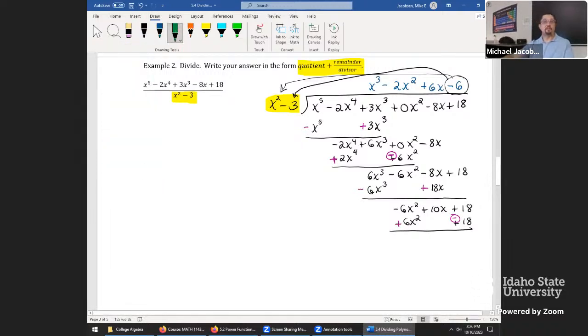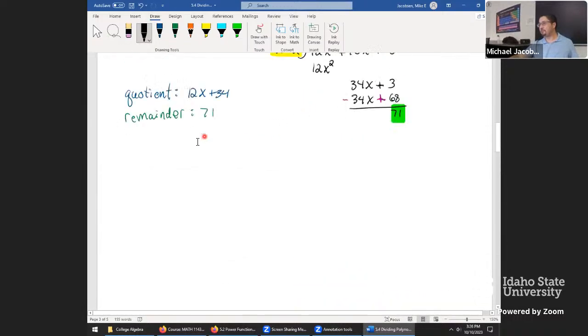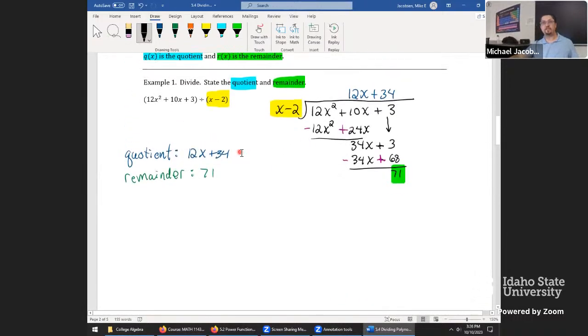Now, once we tally, we have a remainder of, there's no x squares, 10x comes down, and, well, that's it. Positive 18 minus 18 results in 0. Because we still have a remainder, it tells us x squared minus 3 did not divide into that evenly. We get this result, quotient plus remainder over divisor. I mentioned earlier, sometimes this is the better way to write our answer. When we did our long division earlier, we just simply said, well, the quotient is 12x plus 34, the remainder